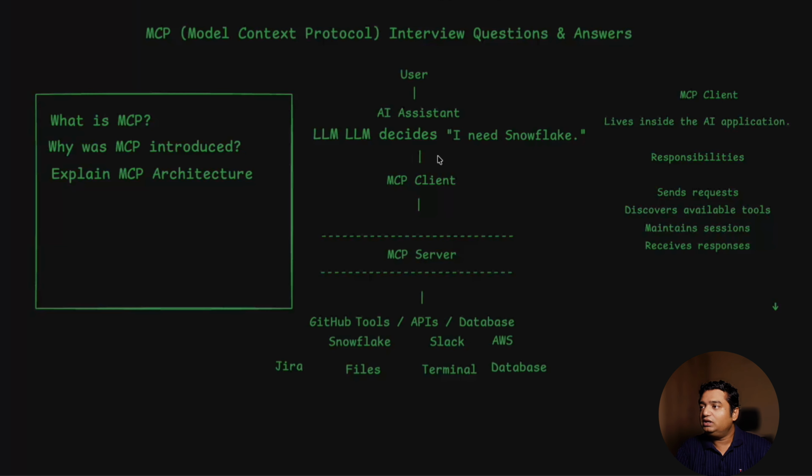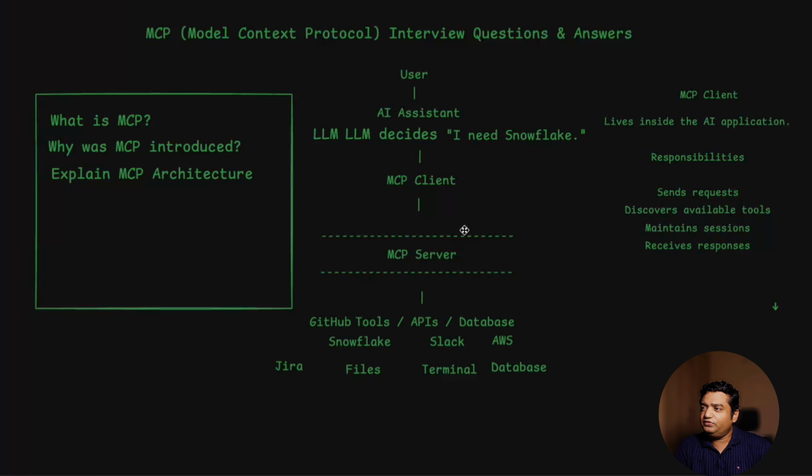so that the LLM can form the answer at the end. So who decides which tool to call? The LLM decides. And who helps us connect to the tool? The MCP server. Who connects to the MCP server? The LLM doesn't connect to the MCP server directly. The LLM, through the MCP client, connects to the MCP server. The LLM just tells the MCP client what it needs, the MCP client passes that message to the server, and the MCP server connects to that particular tool. So this is the complete architecture of MCP.